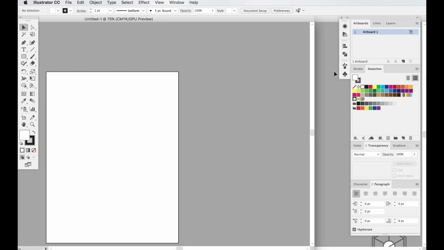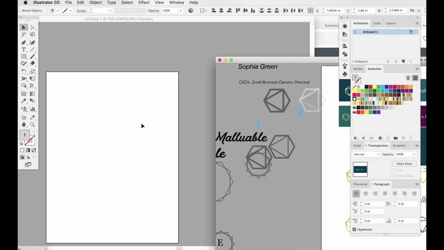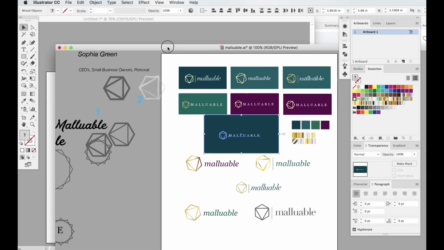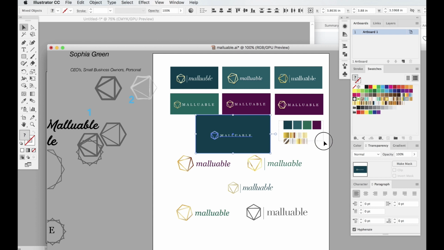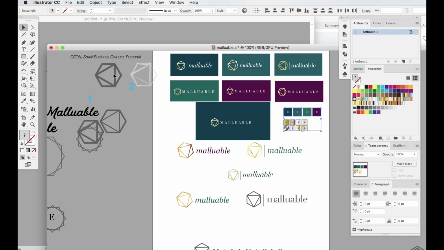So in terms of a final logo design, I think we decided to pick this one. So I'm just going to copy and paste. And I think we have our color palette here, but I'm actually going to grab that from here. So I'm not going to worry about anything else here. I think we're done with this one specifically. Let me go ahead and pull up